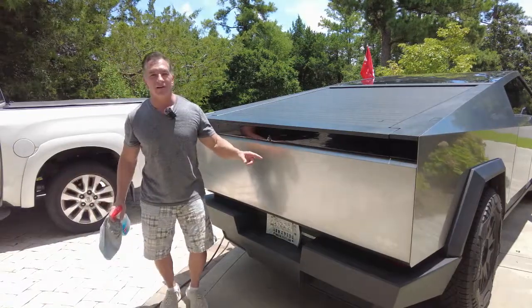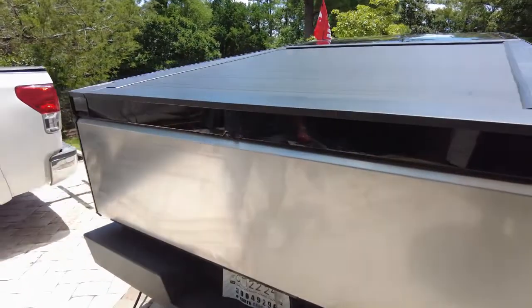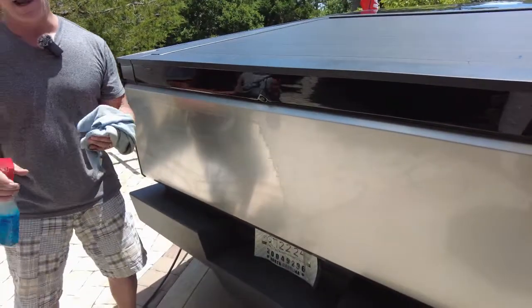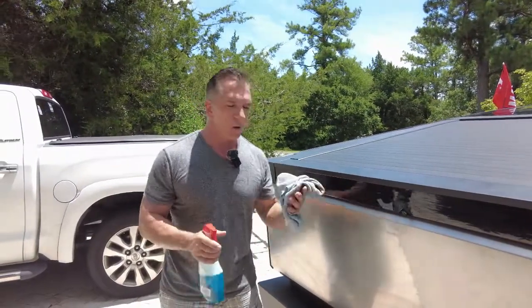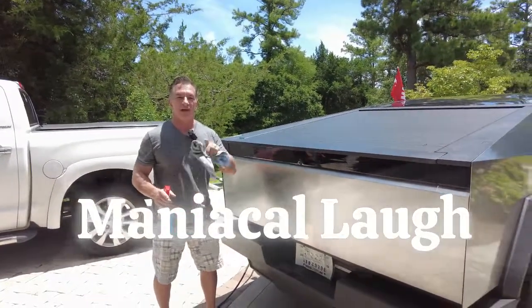You'll see over here, if you can get real close, this right side of the tailgate has no streaks, but this left side has streaks. How did that happen, Mark? I will explain to you. No matter what you do with Windex, and I don't care whose video you watch online, no matter how much Windex you use, no matter what kind of cloth you use, what kind of squeegee you use, you're going to have streaks. There's no way to get these streaks off, except,